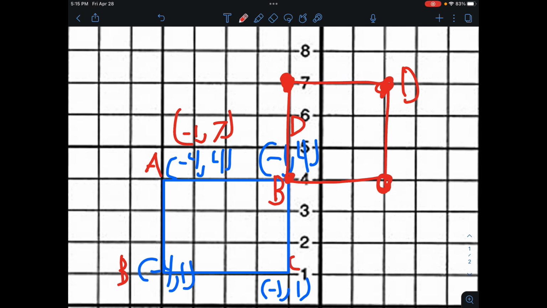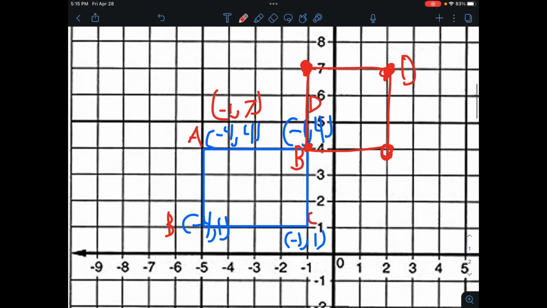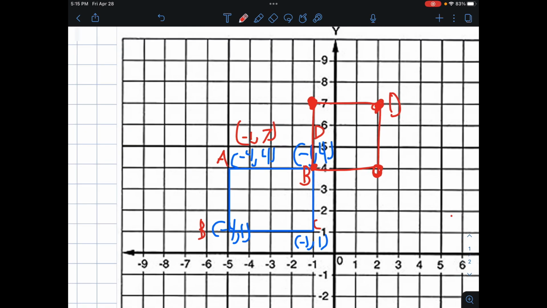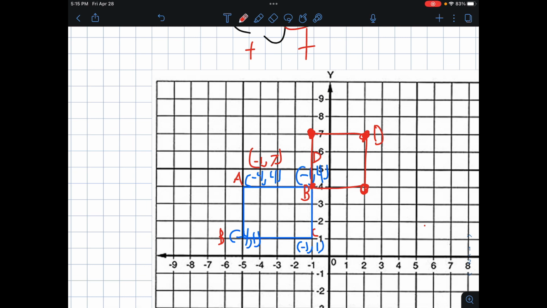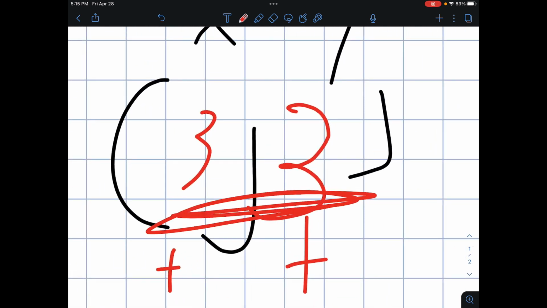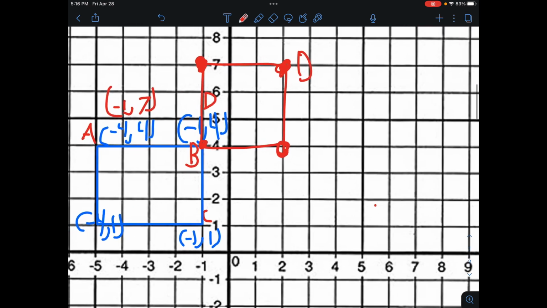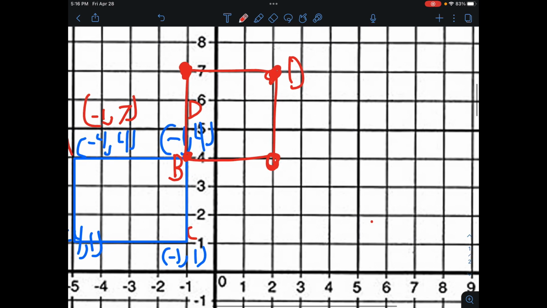And also, remember that the pre-image and the image don't change for translation. The only thing that changes is where the image is. Then after that, you have to figure out what made it change. Not what it was, but what was added to it to make it change. And once you have that, you would just add it on there. Now, let's move on with